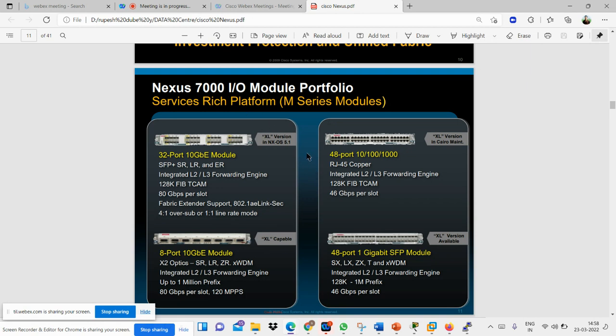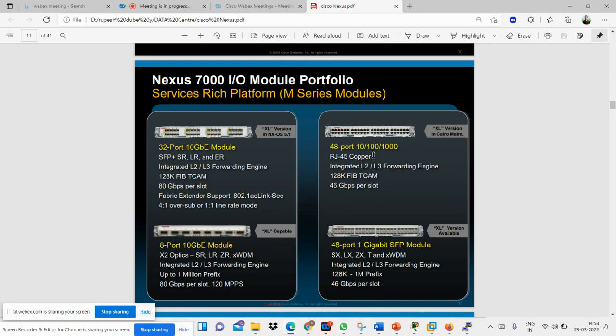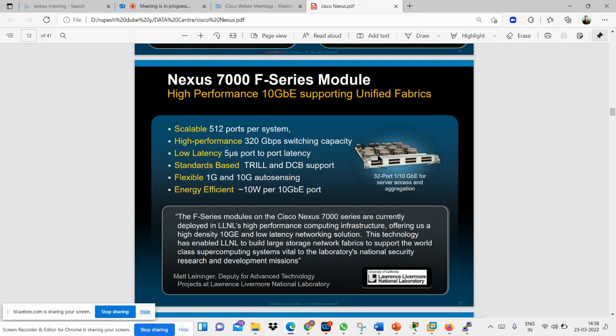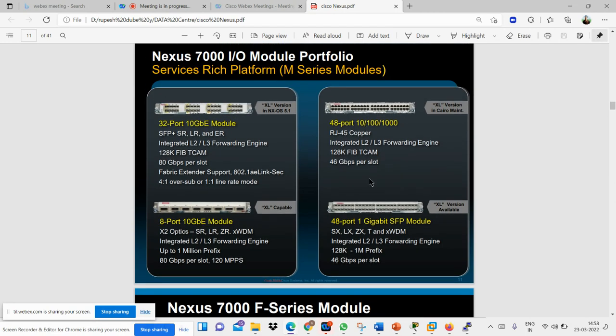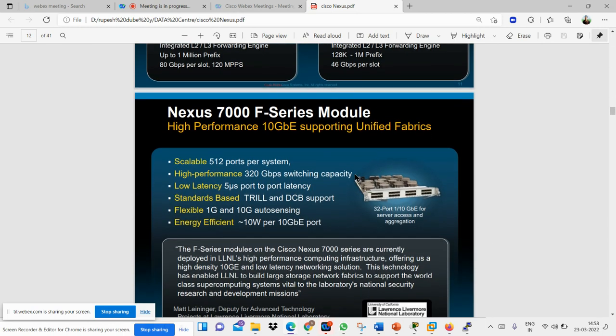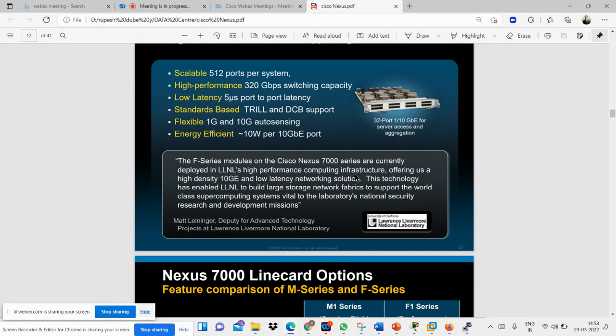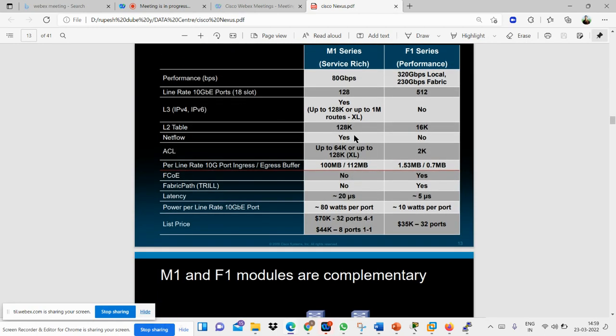Now, if I talk about the Nexus 7000 output module, we have some Nexus versions as well, which support version 5.1. It can support 32 ports, where you have the 10 GB Ethernet module. We also have a different Nexus version of the switches with 48 ports, which supports a maximum of 48 ports. So these are the capabilities it can handle: 46 GB per second per slot. It depends upon the multiple speeds. We also have the speed as well. Okay,